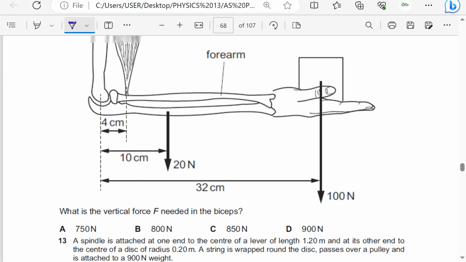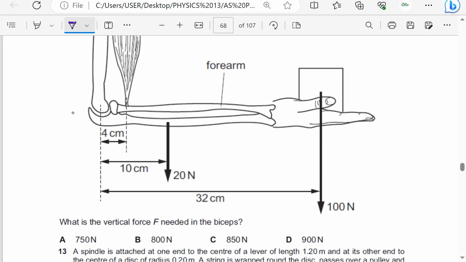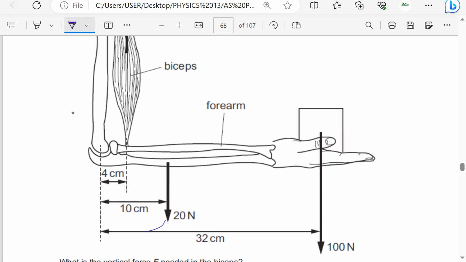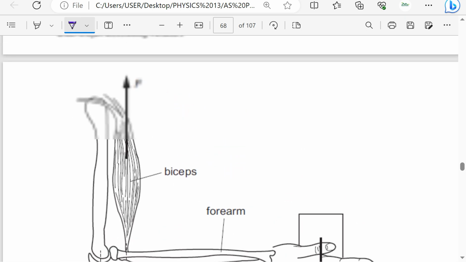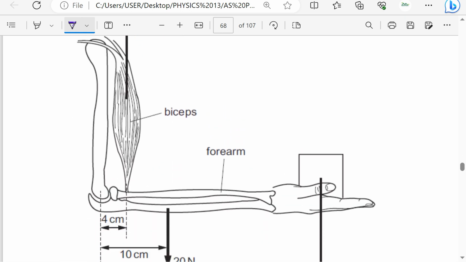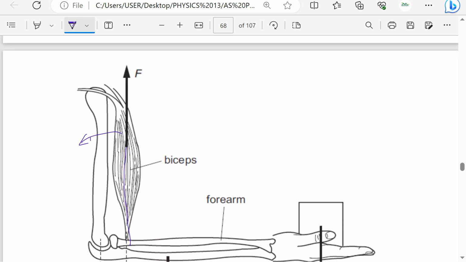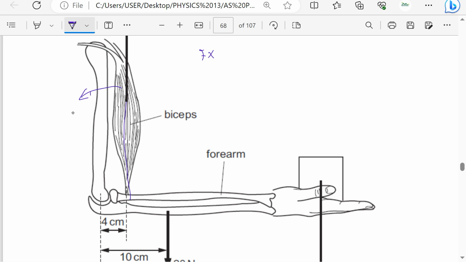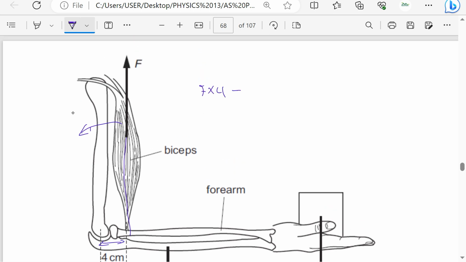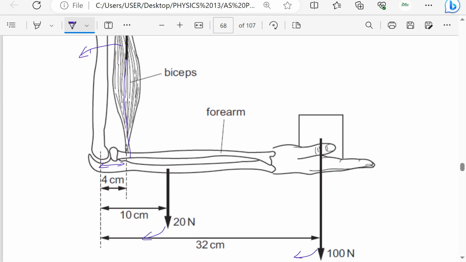Here we're just going to take moments about the elbow. So this is going to be a clockwise moment, and in the biceps, if I do a vertical line here, it is going to be exerting an anti-clockwise moment. So we shall simply say that F times the perpendicular distance, which is this distance here, 4 centimeters, should be equal to 20 times the perpendicular distance, which is 10,